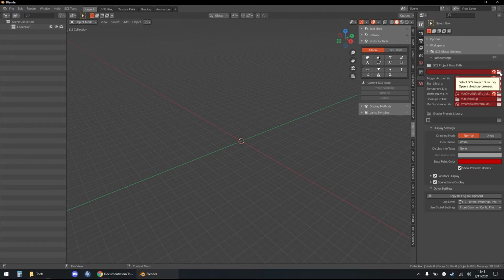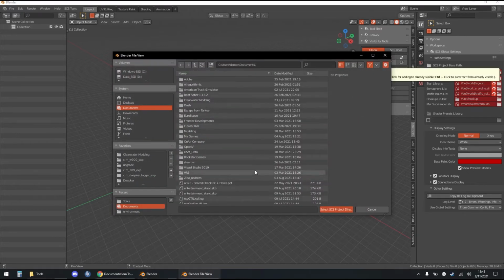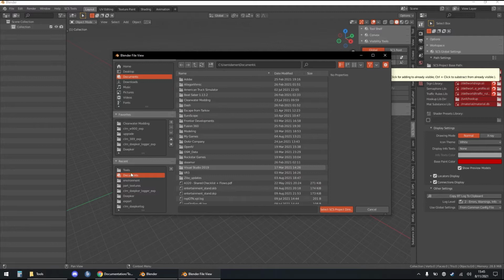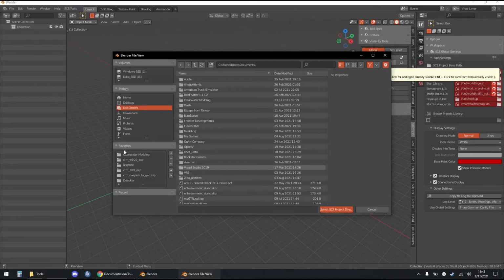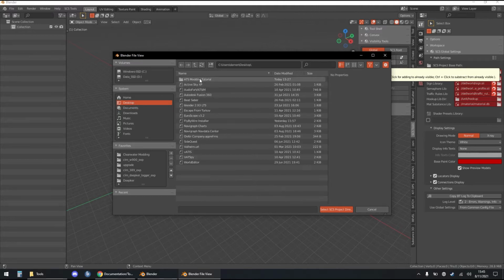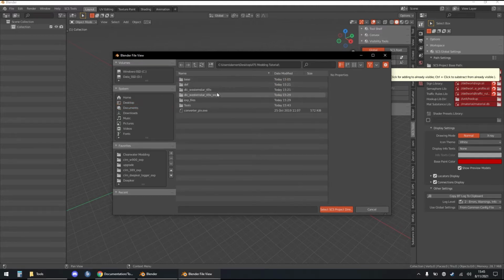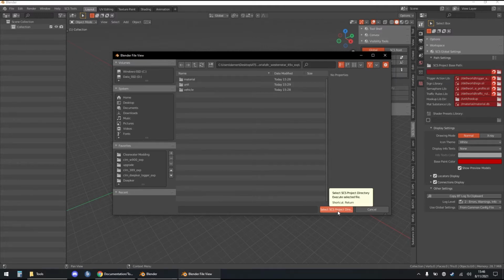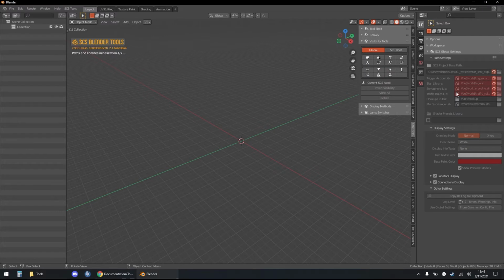So you can just hit the folder here on the right side. It's going to bring a pop-up window, and we can just browse to where we have our truck, which mine's on the desktop, and we're going to be working out of the EXP folder. We can go in here, and that's it. You just hit select SCS directory. You're going to see it load,